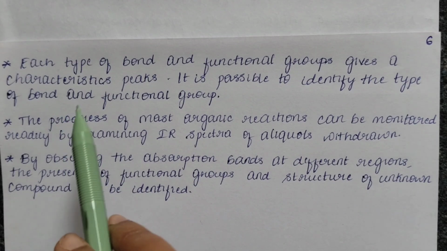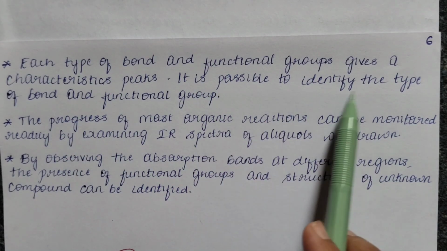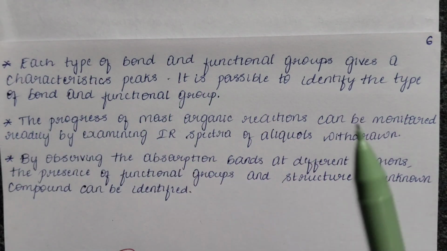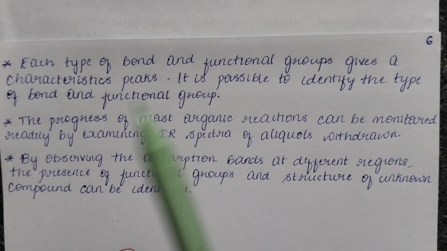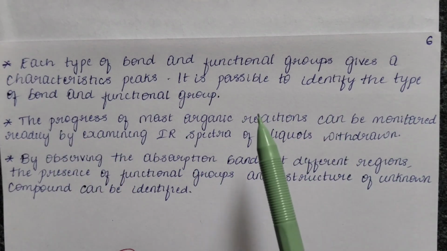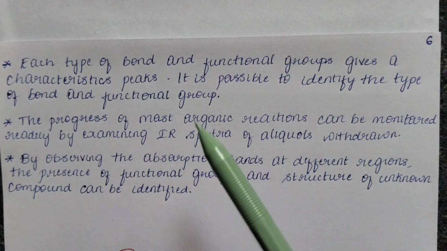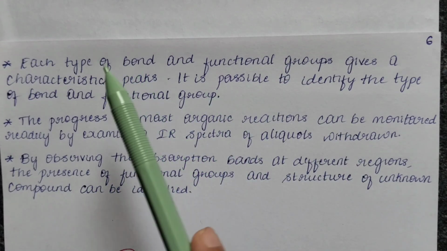The next one is each type of bond and functional group gives a characteristic peak, and it is possible to identify the type of bond and the functional group, since each element, each functional group and each atom present in the periodic table will have their own characteristic peak and characteristic feature. By knowing these standard values, one can easily determine the type of functional group or what type of bond, that is covalent bond, ionic bond, coordination bond, metallic bond, can also be known by the IR